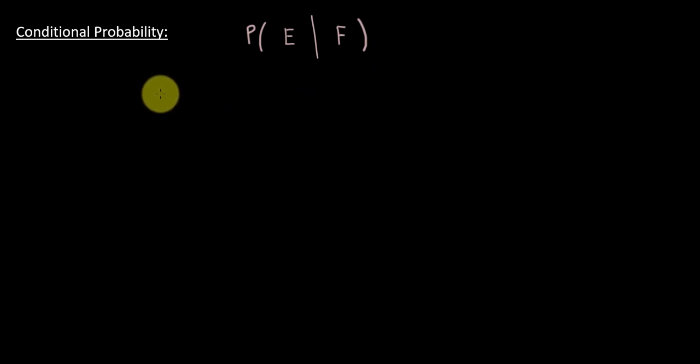The way that is interpreted is "given that." So that vertical line is "given that." So this is saying probability of E given that F has occurred or is underway is,